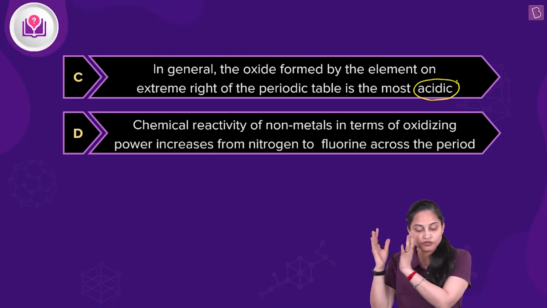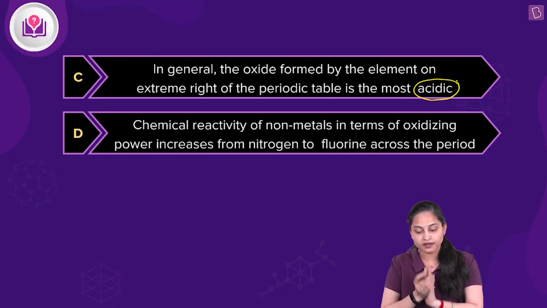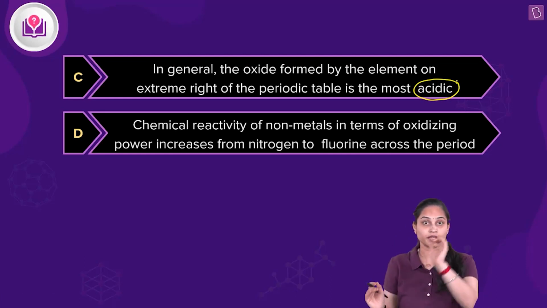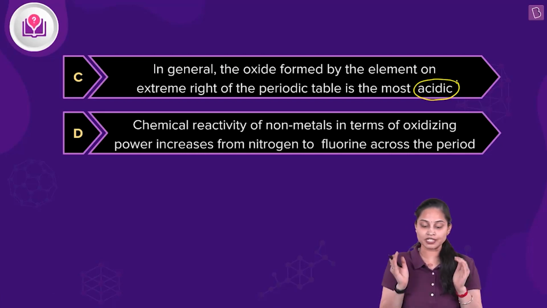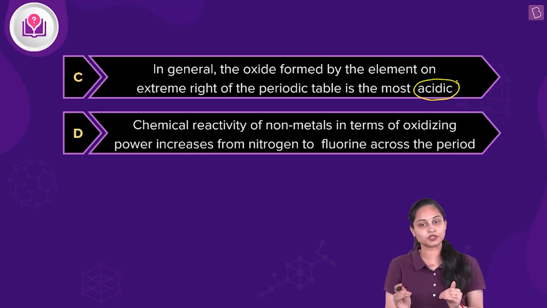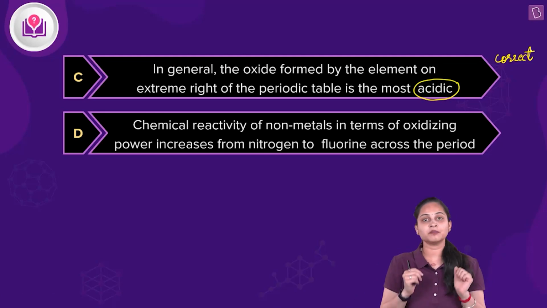So on the extreme right of the periodic table, non-metals are there, so their oxides are highly acidic in nature. So in general, the oxide formed by the element on extreme right of the periodic table is most acidic. The correct statement. If I talk about statement number D,